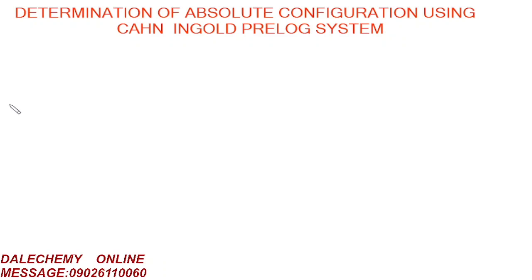In this video tutorial, we will look at assigning configuration to the chiral center of chiral molecules. Now, a molecule is chiral when it has a chiral carbon or a chiral center in it. A chiral center, or specifically a chiral carbon, is a carbon atom that is bonded to 4 different atoms or groups of atoms. Say for instance, in this compound